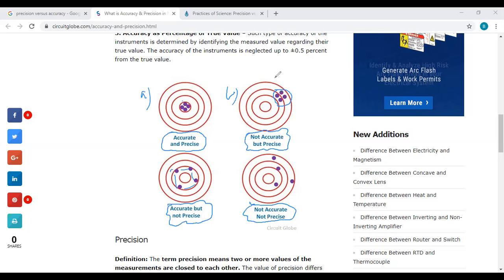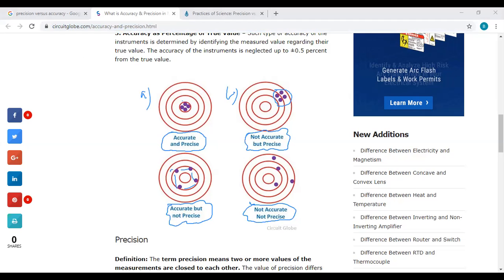What I will be doing is sharing this link with you, and as homework you need to read the whole article. So you should get a better understanding of precision and accuracy. Is it clear? Yes. Okay, so I'm sharing this link with you. After the class, in your free time, you need to go through and read this whole article. This would be your homework.